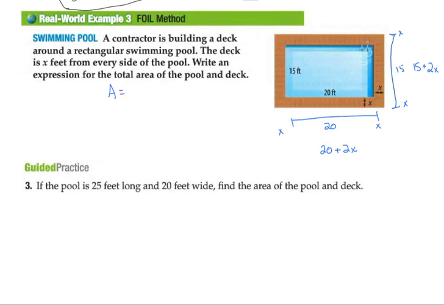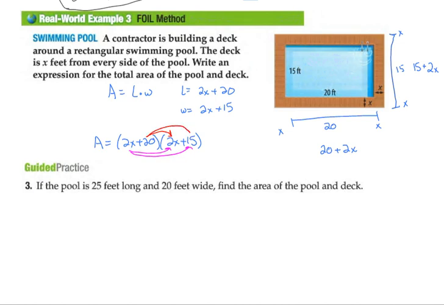Okay, now let's go ahead and look at area. Area equals length times width. Well, we know length is 2x plus 20, and we know width is 2x plus 15. Okay, write an expression. Again, these type of problems to start with, we are not going to get a very nice answer because we are going to have some variables involved. But they did say write an expression. So length is 2x plus 20 times width, which is 2x plus 15. And now we know what to do. We know that, again, these are two binomials. So we're going to be doing some multiplying